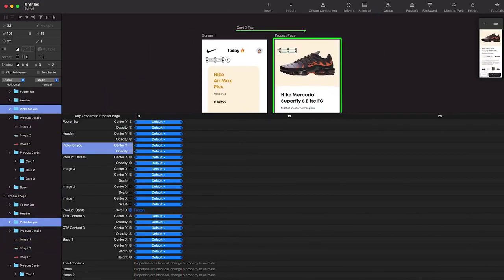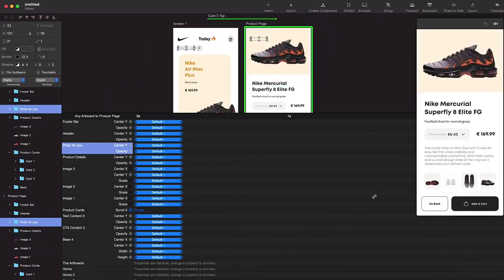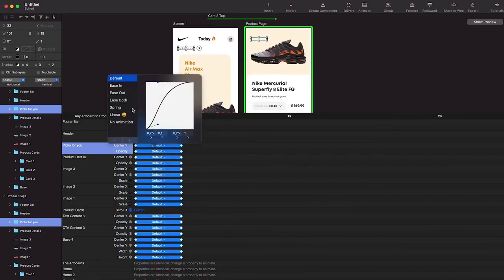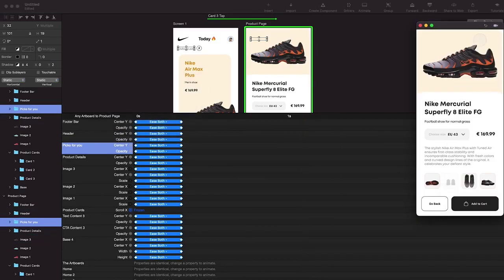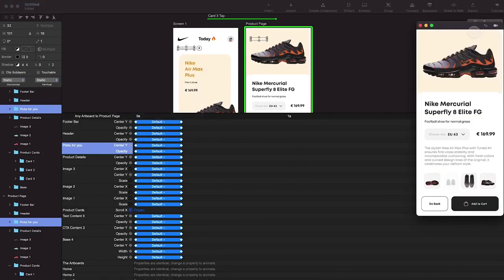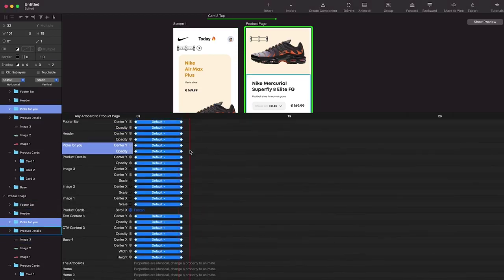So now we're going to create some delays here, and first of all let's add some easing to it. So we're going to select ease both. The curves for default and ease both are a little different, so we're going to choose this easing to be ease both, and let's see it in action. It looks something like this, and default looks something like this. I like the default one, so let's keep the default one for now,